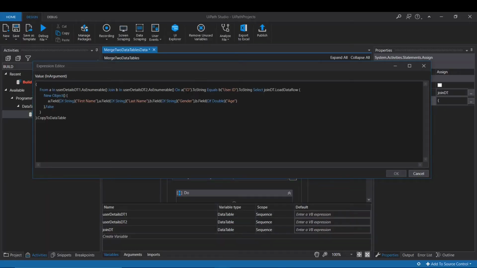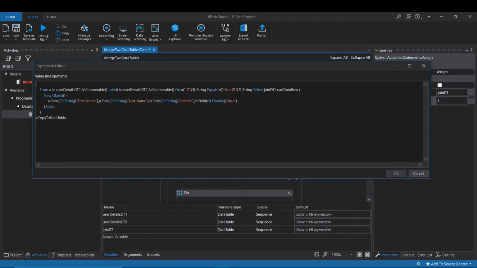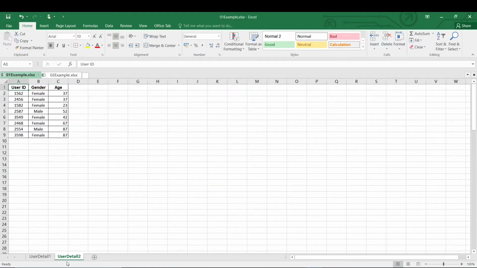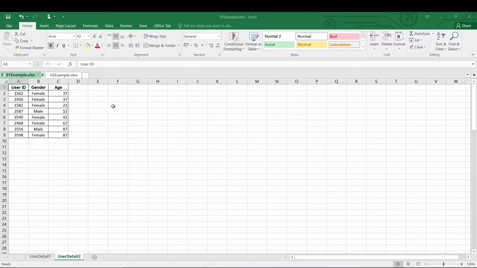The same we are doing for B, where we are saying user ID. B is the alias for this data table, and this data table is this sheet. We are passing the user ID here, and we have said equals. It means that ID and user ID are the same column that we have to compare.